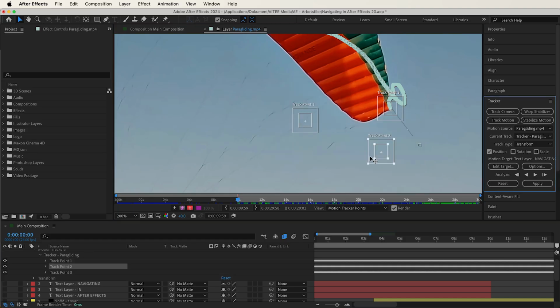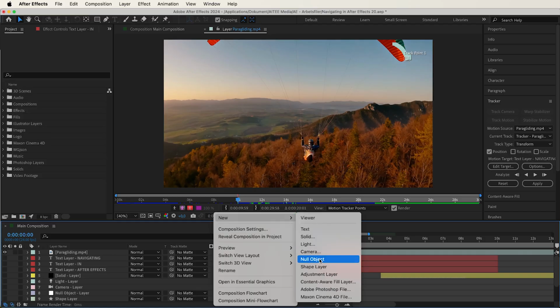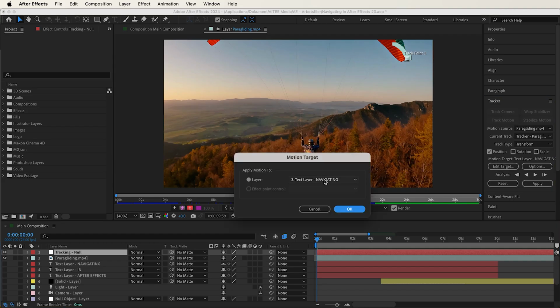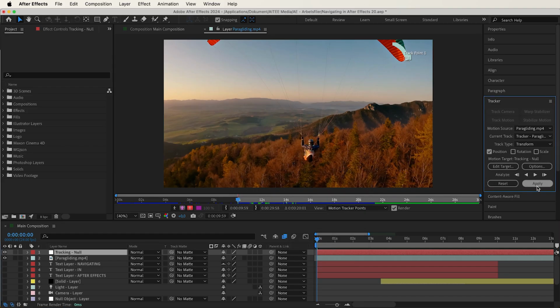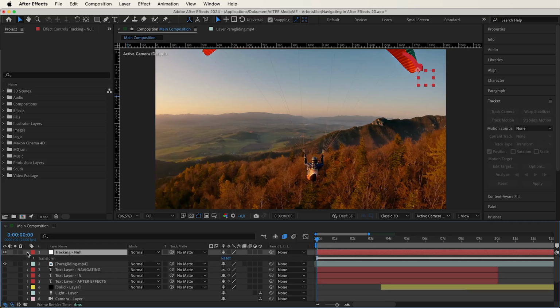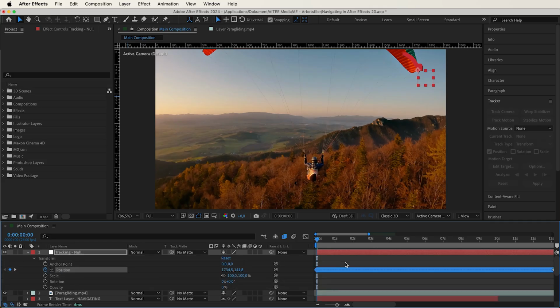Now when we're actually having the tracking data ready, we perhaps preferably want to attach or apply this to something. Thus I will create a null object, name it tracking null. Go to edit target, choose the null tracking, OK, apply an X and Y dimensions for this one. Now the tracking data is attached to the null, and we're able to line up any type of text or